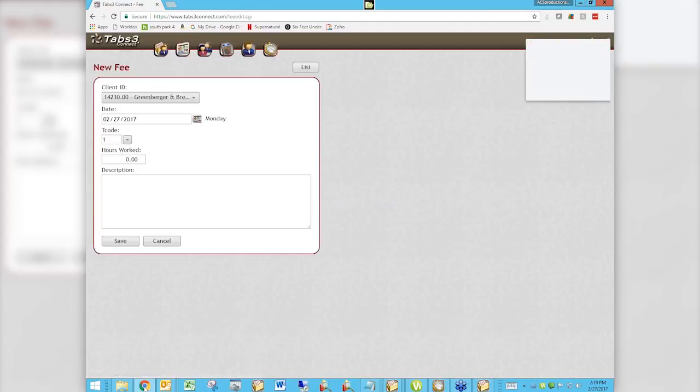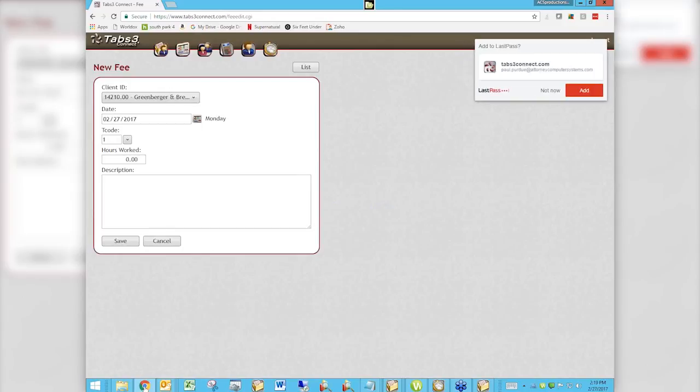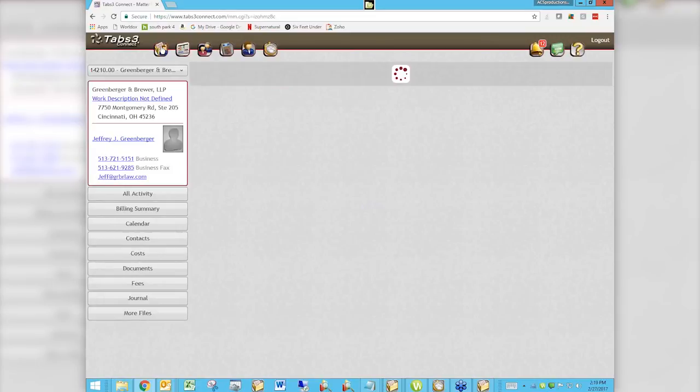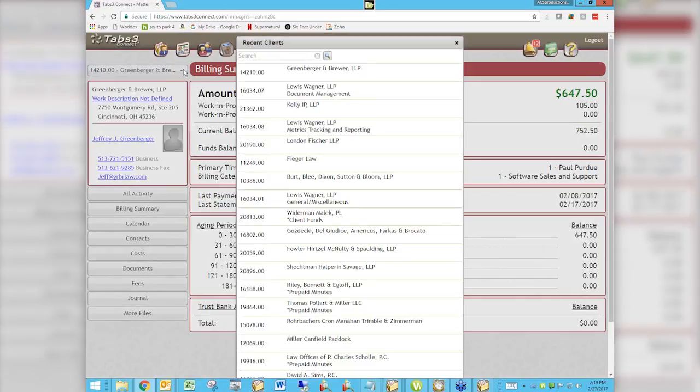We can, and I'm going to go straight in fee entry because that's what I demo most often. We can see the matter manager from here. So if I go up here and select Purdue Law Offices, Purdue,